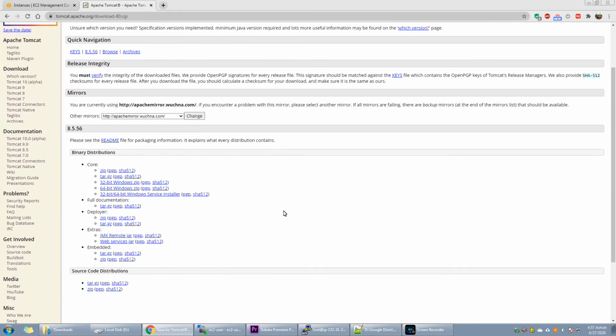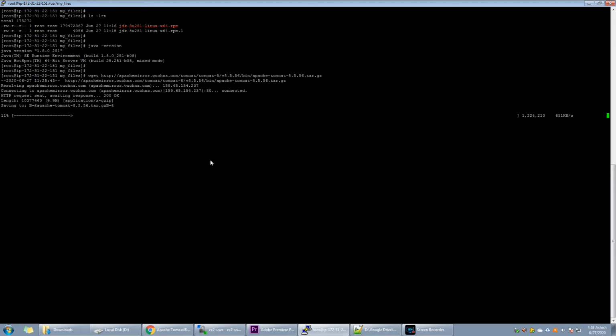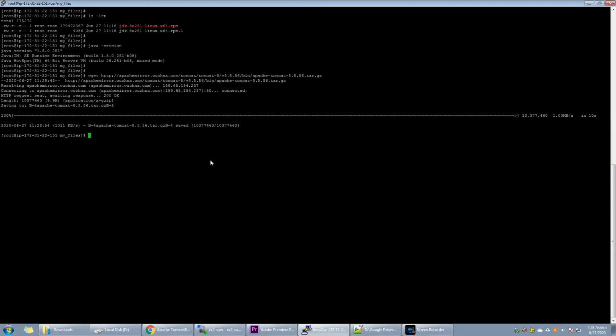Copy the download link for the Tomcat tar file, and use the wget command to download the tar file directly to our current folder. Now install Tomcat using this command.